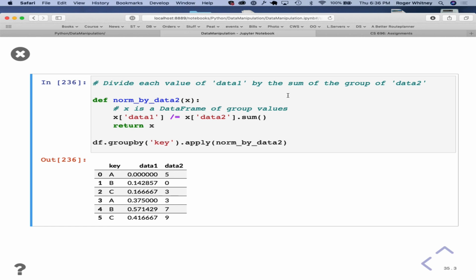What's the difference between apply and filter? With filter, give me the ones that satisfy the condition, right?